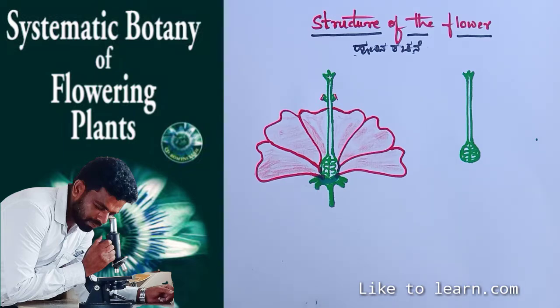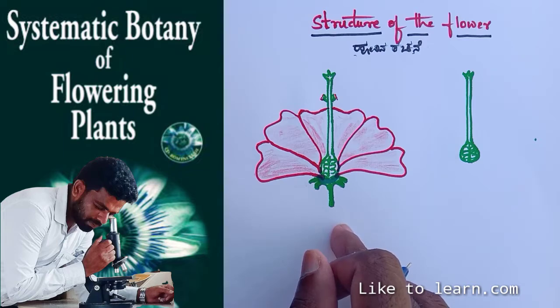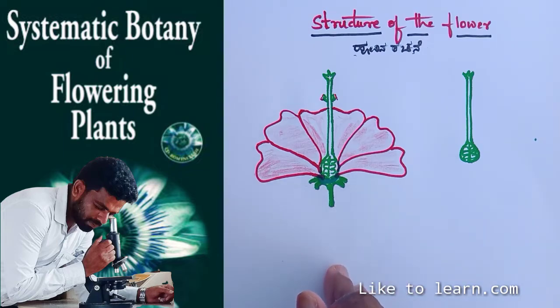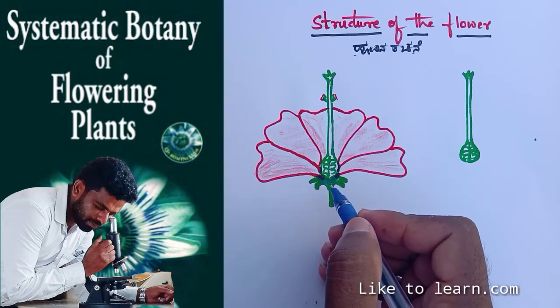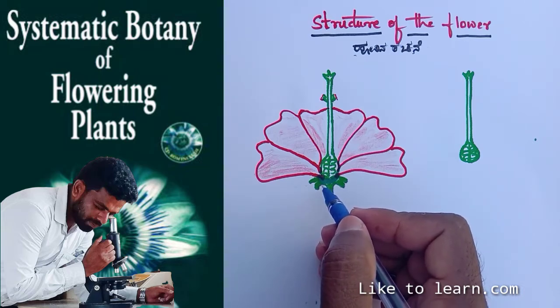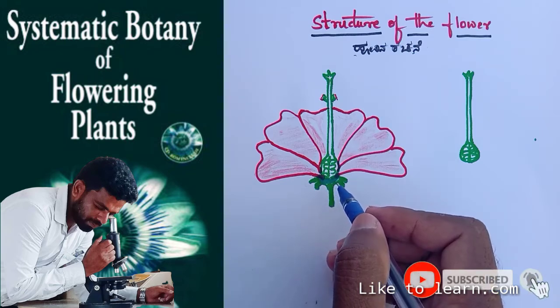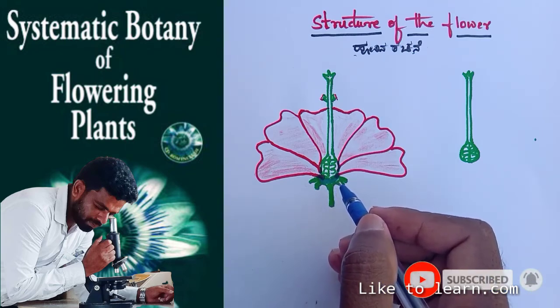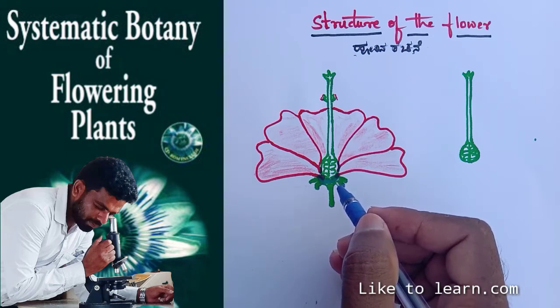This is the structure of the flower we have to explain now. You can see that the tip of the pedicel is enlarged to form a disc-shaped thalamus. The different parts of the flower are arranged in 4 concentric whorls or circles. If you look from outside to inside, these whorls are the calyx.